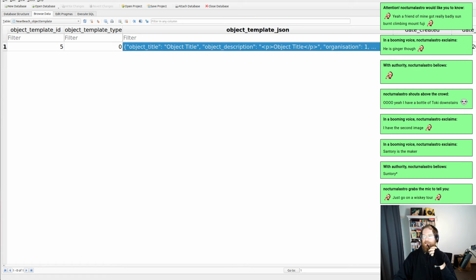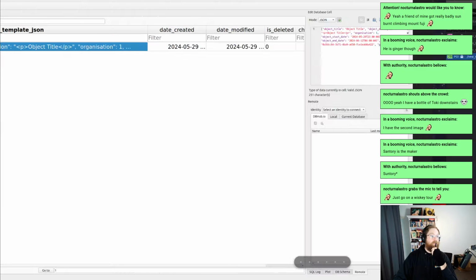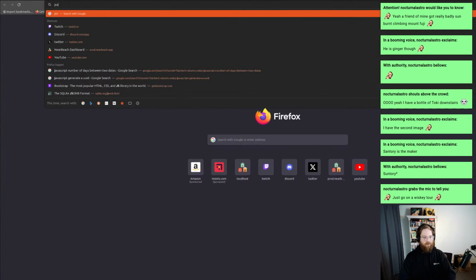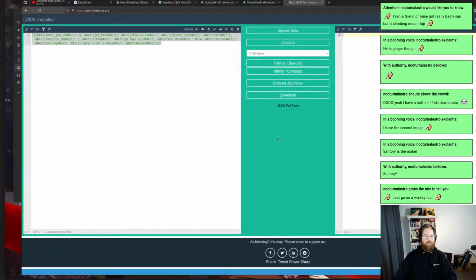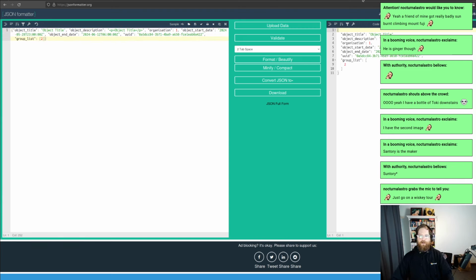this data here. I can't get that over here. So what I'm going to do is I'm just going to copy. And then I'm just going to go over here and I'm going to go JSON pretty. I'm going to paste it in, and there it is. So we've got object title, object description, organization. So that's going to be the ID, because the name can change, but the ID won't. The object start date, the object end date, UUID, which is for the images and so forth. And the group list, now this could be for multiple groups. Once again, name can change, so we're just going to have the ID in there, and that's what we need